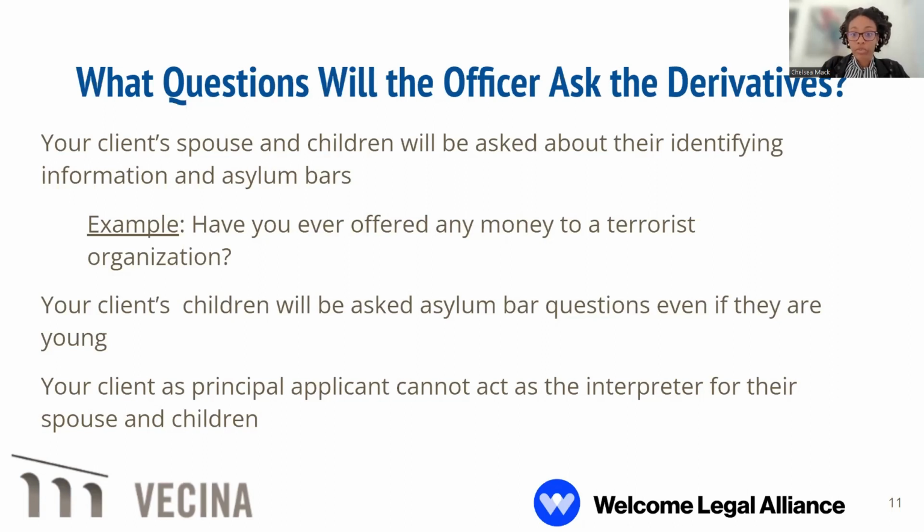So examples are like, have you ever offered any money to a terrorist organization? Those questions are going to be asked of the spouse and of the children. And please know, we always think it's important for everyone to know, children who are even young will also be asked these asylum questions. That is just the process and procedure of USCIS currently. I've been in interviews where children as young as 4 or 5 years old are asked these questions. Obviously, there's some question as to whether or not they actually fully understand what is being asked of them, but